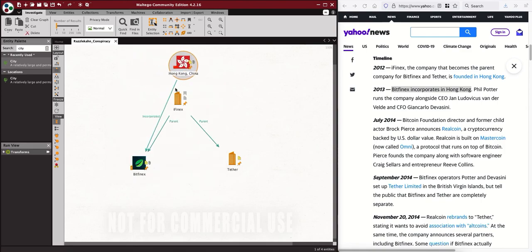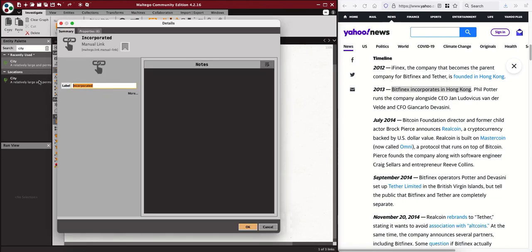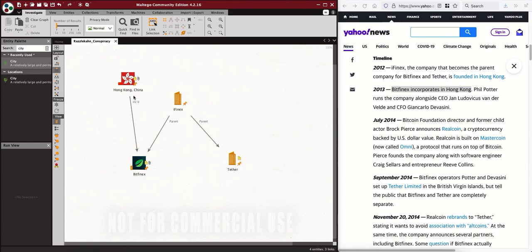One thing to know, though, is if I start using words this large, you can see how quickly this would become a very cluttered network analysis. So what I might consider doing is, in order for me to change it, I have to go up here, toggle the link, and then select it, double click on the line. Maybe I'm going to start abbreviating, and I'll just put inked as in incorporated. And so there we go. So now we're starting to save some